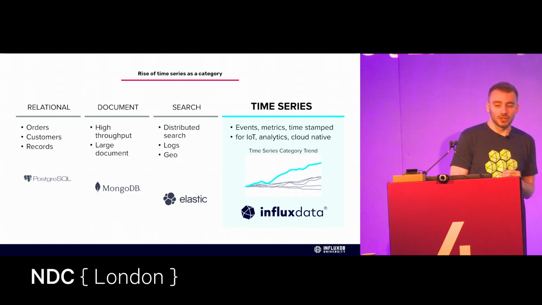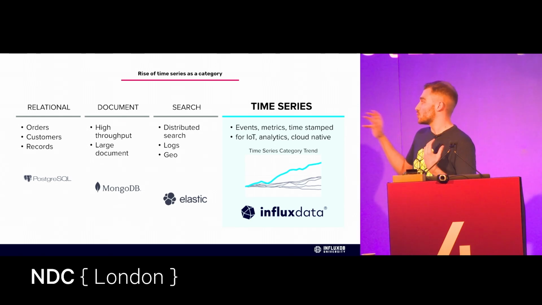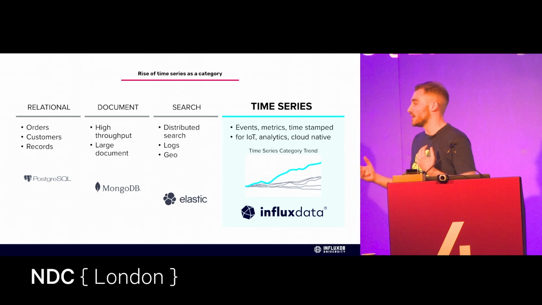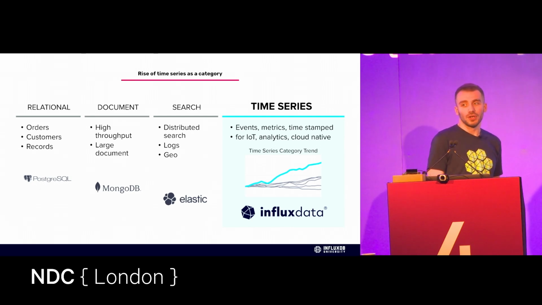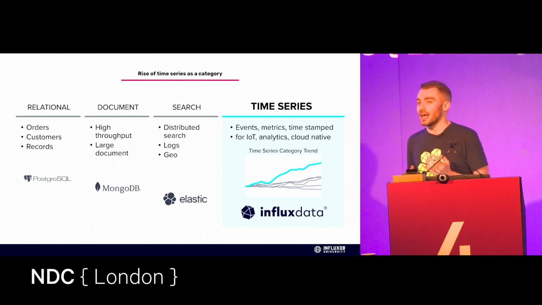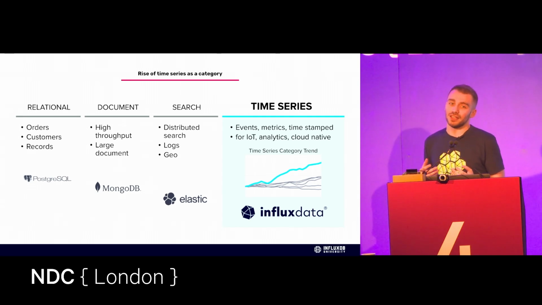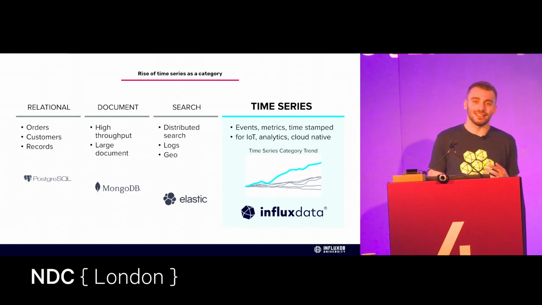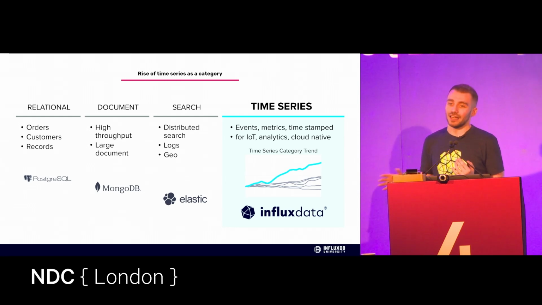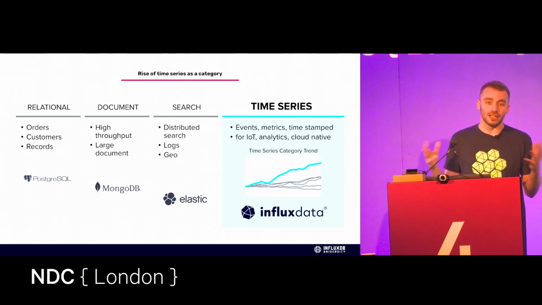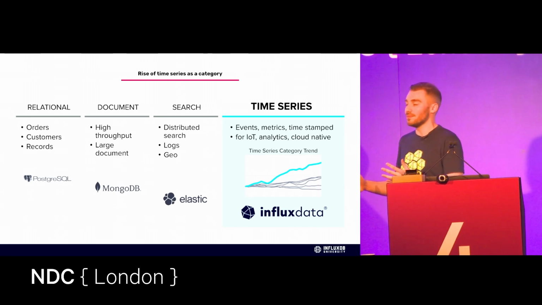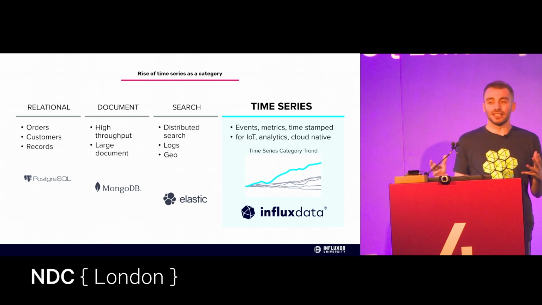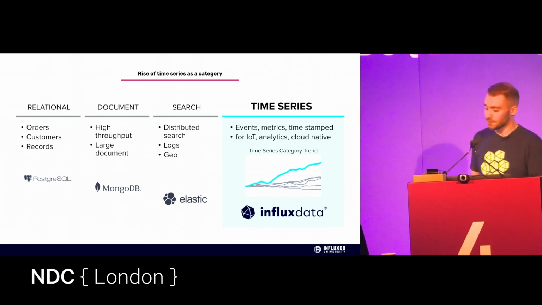Either the performance wasn't there, or the actual services and solutions given on top of the databases weren't there either. What I mean by that is you could store all this time series data within a Postgres or MongoDB or Elastic, but do you have a meaningful and insightful way of returning that data to you so you can ingest it within your own applications? A lot of the time, it actually becomes difficult, especially when you look at Postgres. I've tried stuffing time series data into that, if it wasn't for Timescale, and I was flatlining my device every time. It takes a fine amount of pruning and a lot more bare-bone hardware or a lot more VM resources to deal with time series data in high volumes.